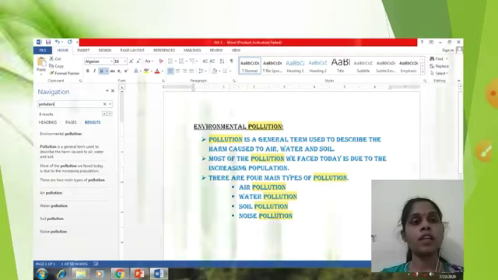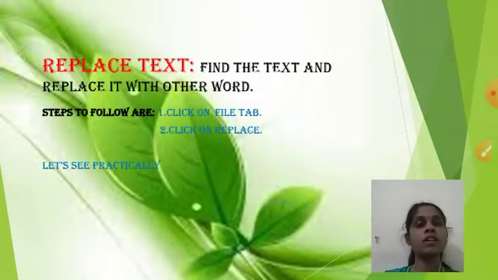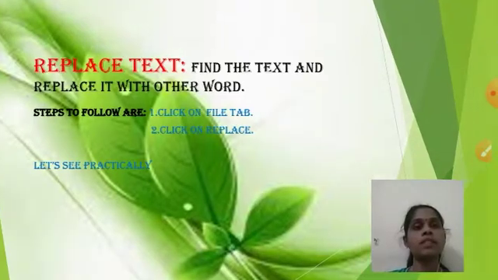Okay, now next is replacing text. Whatever text you want to replace, there is no need to go there. If the text is repeated so many times, you can find the text like this and you can replace it. We will see the steps.